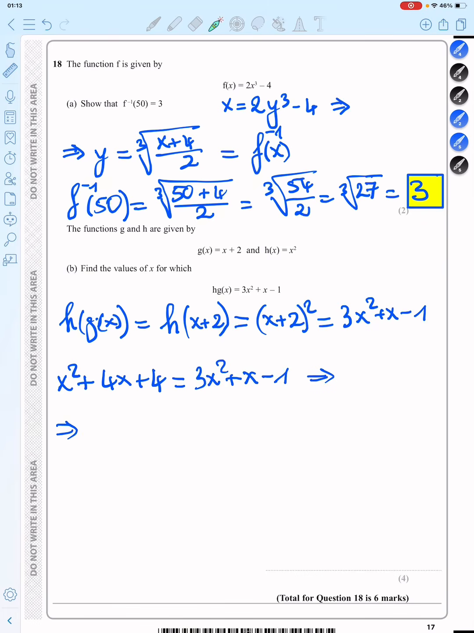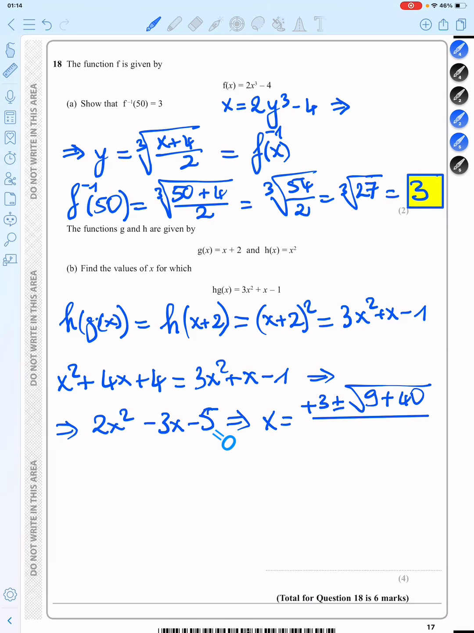Now this implies, or let me bring this one over here. So it will be 2x squared, and then I bring the plus 4 here. It would be minus 3x, right? And then if I bring the 4 here, it will be minus 5. And that implies that x is equal to minus b, so plus 3, plus or minus the square root of b squared, which is 9, minus 4ac, so plus 20 times 2, 40, over 2a. So that is equal to 3 plus or minus the square root of 49, which is 7, so 3 plus or minus 7 over